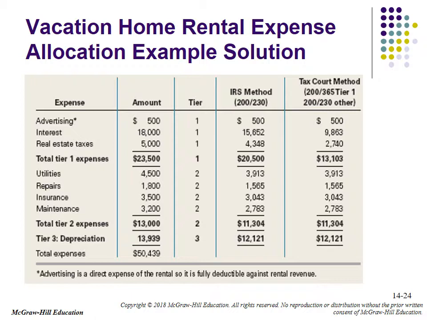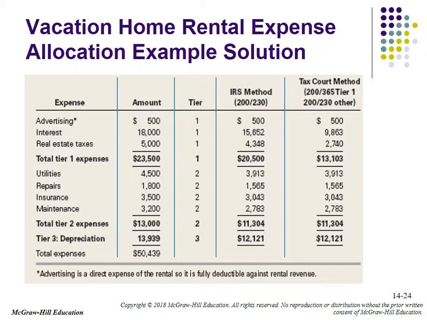Now, their final tier for calculation is depreciation. Depreciation on this vacation home is calculated to be $13,939. They are only allowed to deduct 200 of the 230 days. So $12,121, whether you're using the IRS methods for determining rental expenses for a personal/rental home or the tax court's